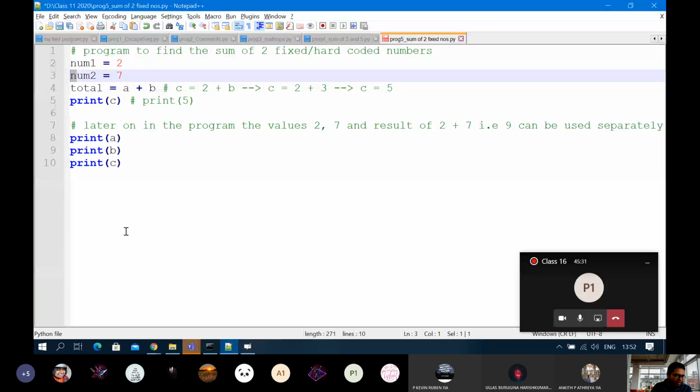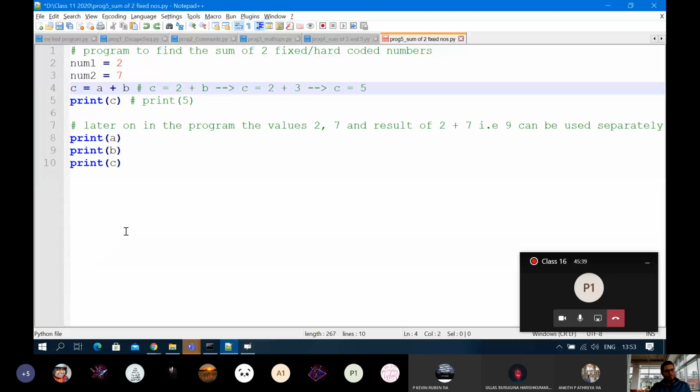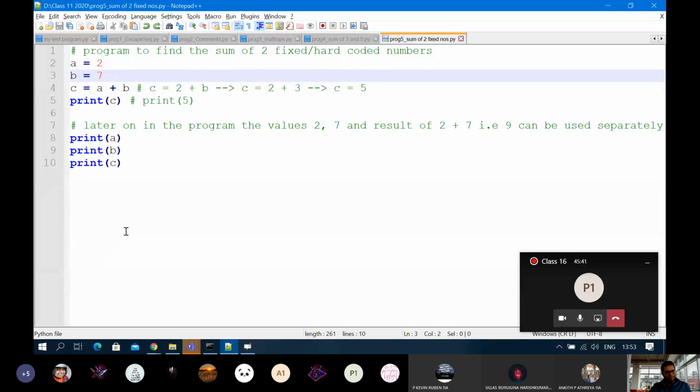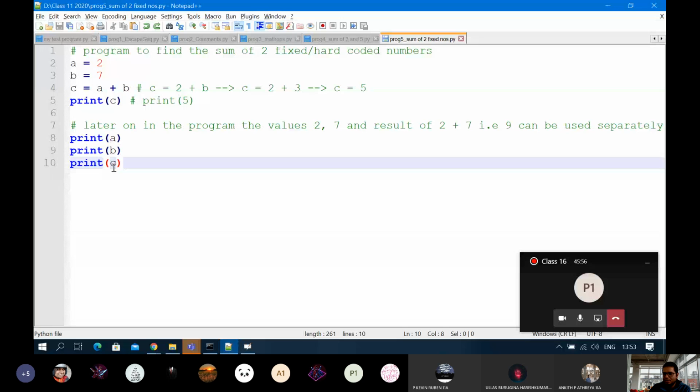ठीक है, उसके rules I will tell you, but first understand कि अभी simple English type के words लेंगे, which will make sense. Okay, I'll tell you कि उसके rules क्या होते हैं. Don't worry about it. Sir, then if we use any other name, then how will the computer recognize that it is A or B? नहीं, तो if I am changing here num1, num2 and total, I will have to change here also num1, num2 and total. Okay, sir. All the places it should be the same.